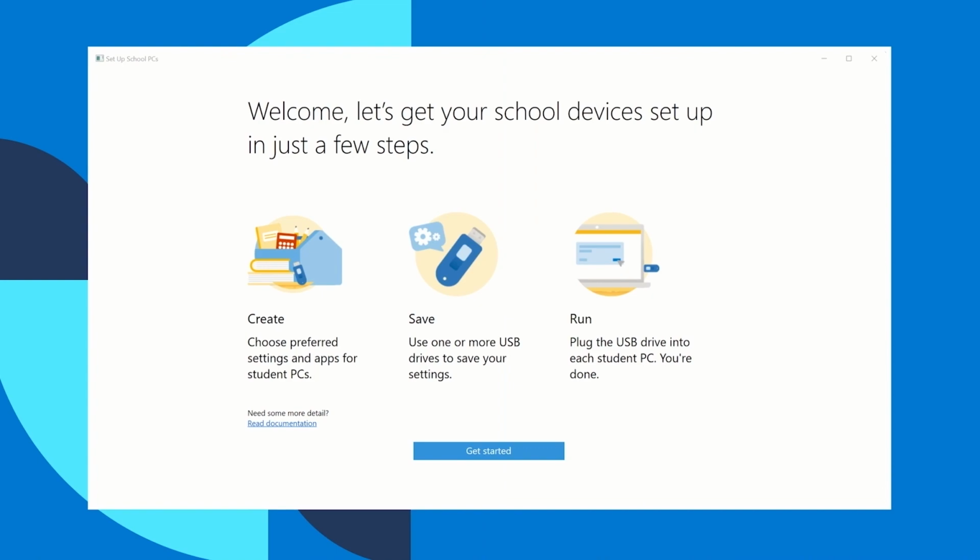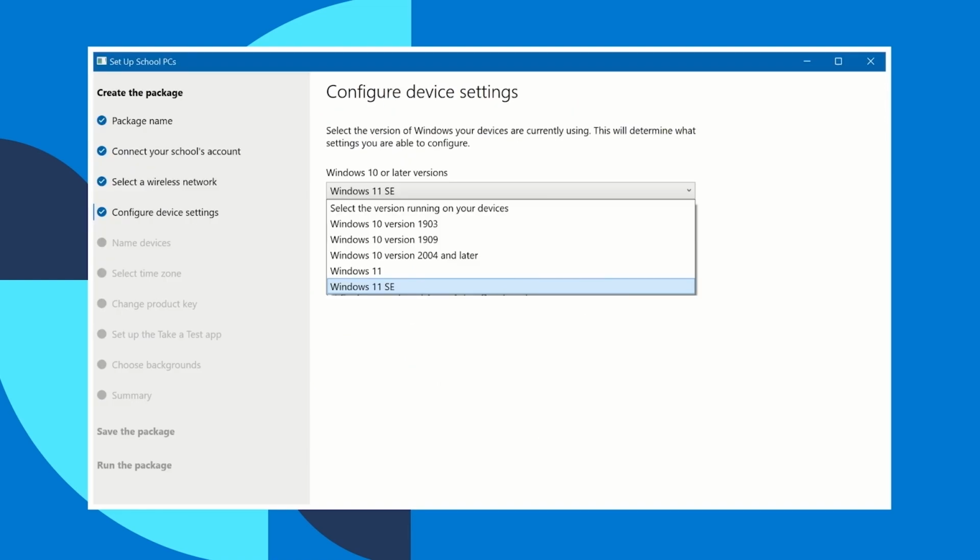Education-optimized policies are enabled by default, making sure the devices are ready to serve their purpose as a tool for learning. These default settings include additional Windows Defender settings, more lockdown settings in the Edge browser, and configuration of a user's OneDrive. Connect devices to Intune for Education using the newly updated Setup School PCs application. Setup School PCs is our first-party, education-focused provisioning solution.